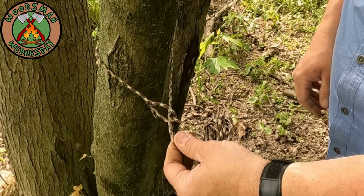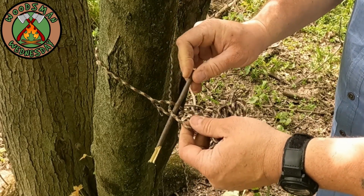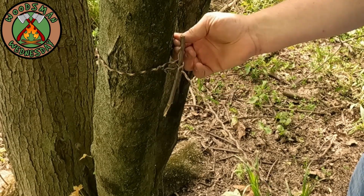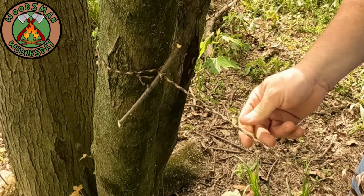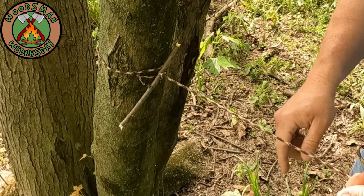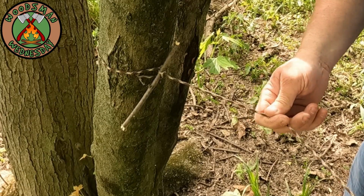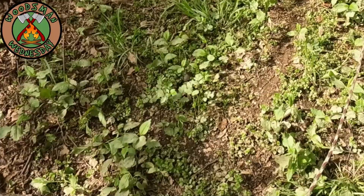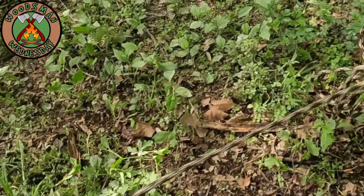This will allow you to take a toggle that you've pre-cut and slide it through that bite and then adjust it tightly. That will hold everything in place and you'll be able to quickly remove it and get on your way whenever you're done. Now, whenever I'm done talking there, you can go ahead and pull your line out, and because you've wrapped it the way I showed you, it's just going to slide smoothly until you reach the other